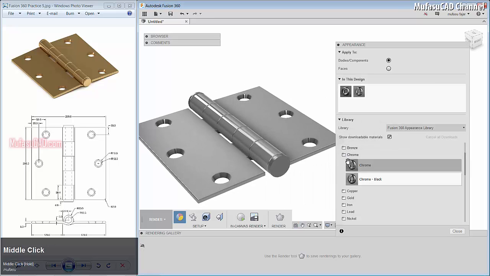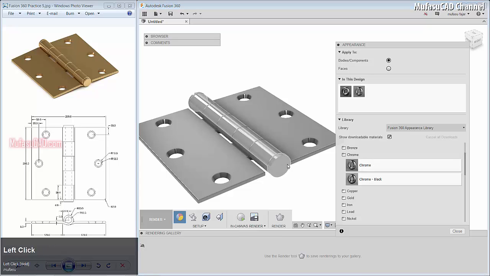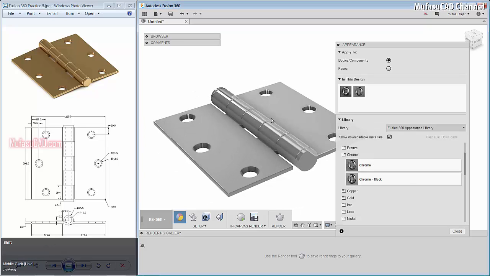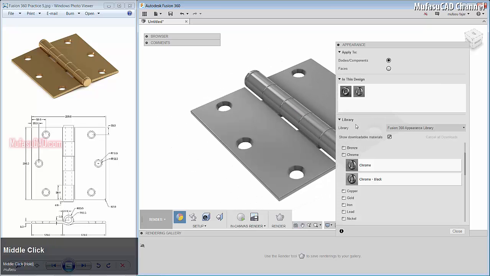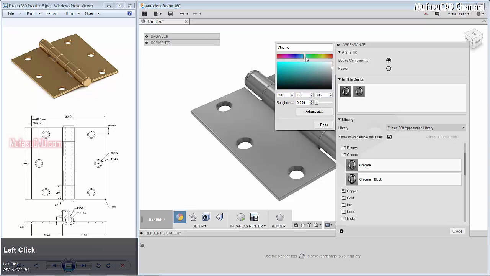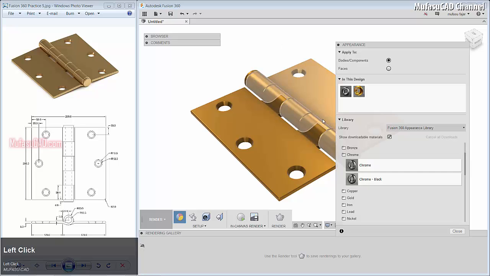Next I will select this object, and then I will rotate to get the best view here. Next I will click twice here and change the color here into here. Okay, you can see, and then set up the roughness to here, and done.